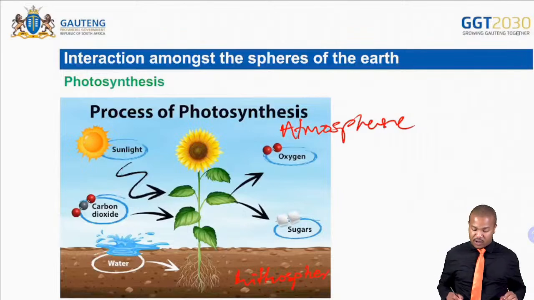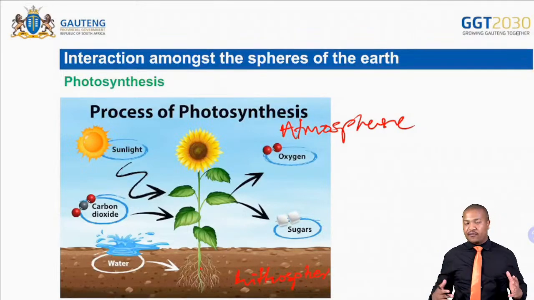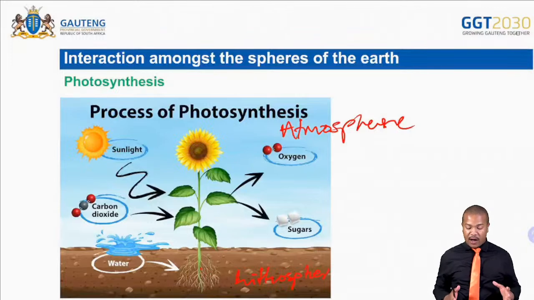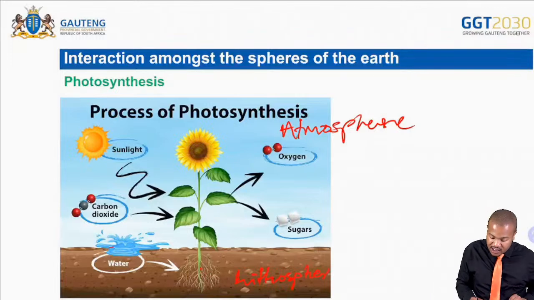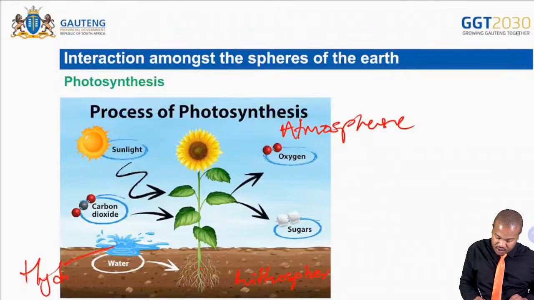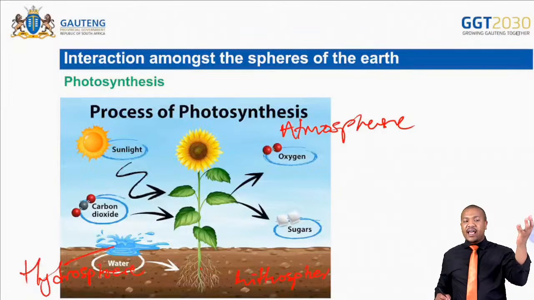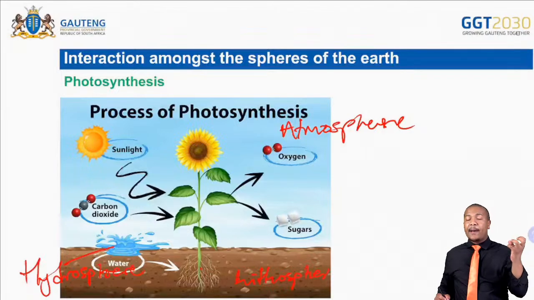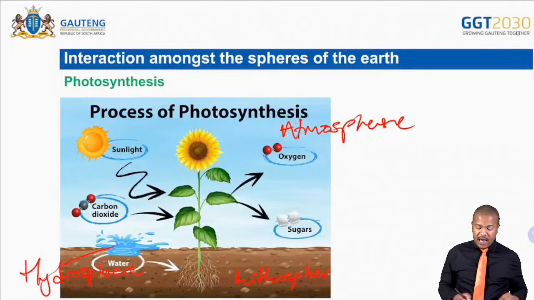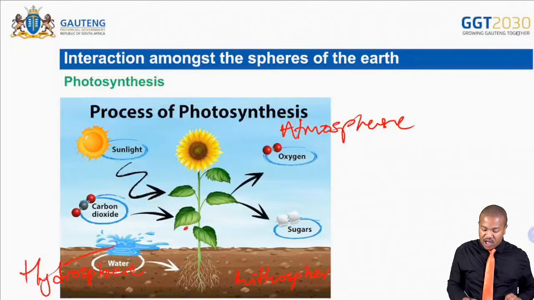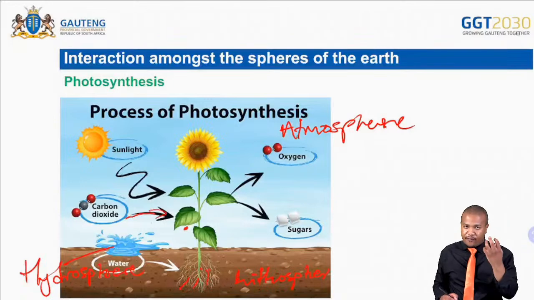This biosphere is going to interact with the non-living, our air, as well as our solid rocks and soil, and our water as our hydrosphere. So what happens during photosynthesis? The sun's UV rays are absorbed by the leaves. As they are absorbed by the leaves, the roots also suck water into the plant. Together with the carbon dioxide, they are going to form the plant's food,